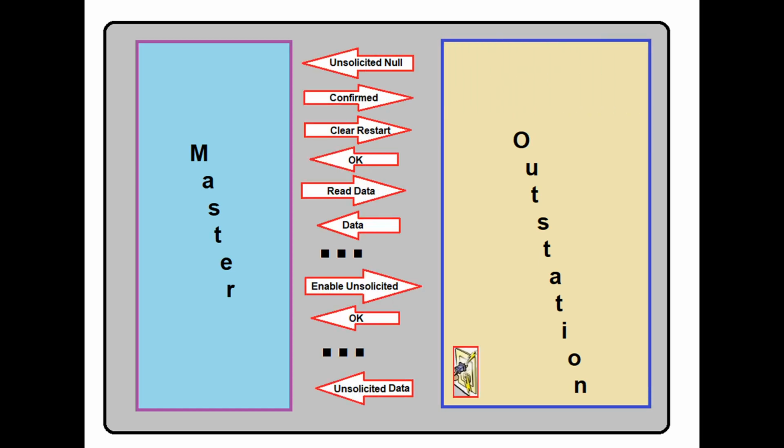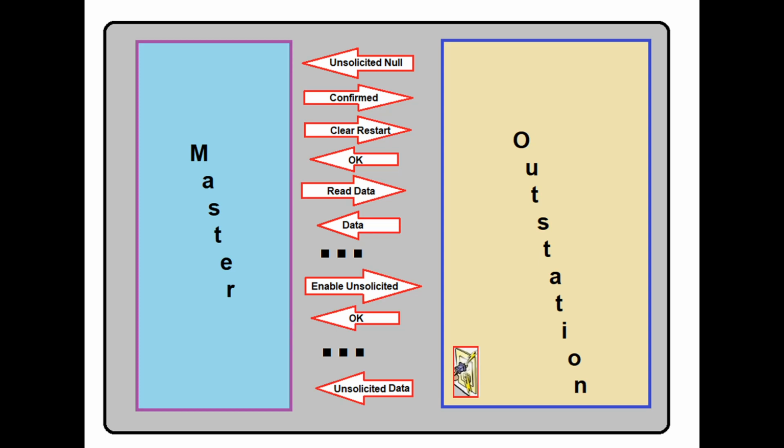At this point, we have an unsolicited capable outstation that has started, sent the null unsolicited message, received a confirmation, and disabled unsolicited reporting. What now? To finish the startup sequence, the master sends a command to clear the restart internal indication flag to the outstation, reads events and static data for all input points, does some other stuff if it feels like it, and finally,